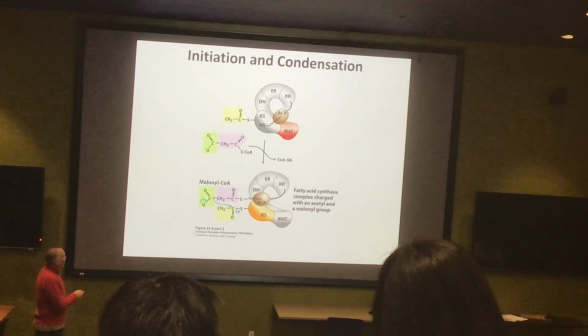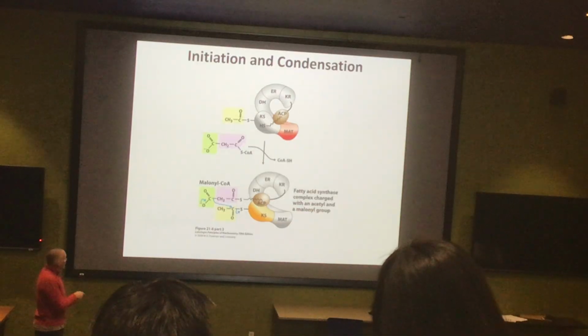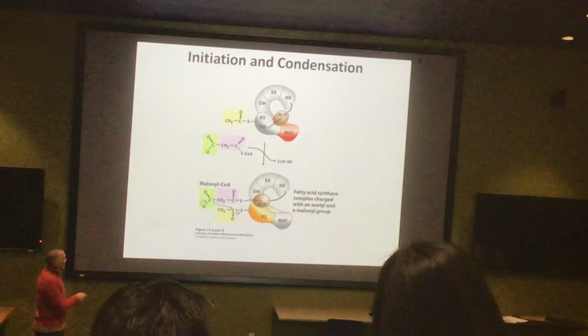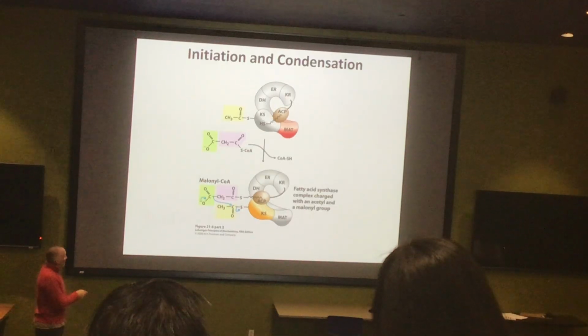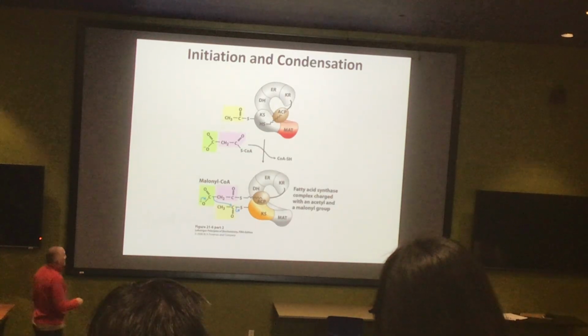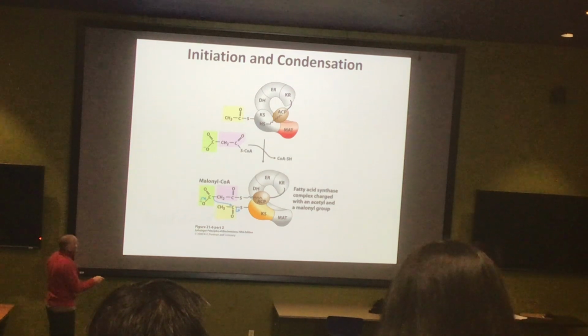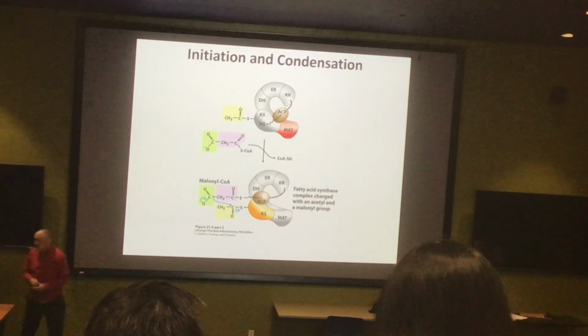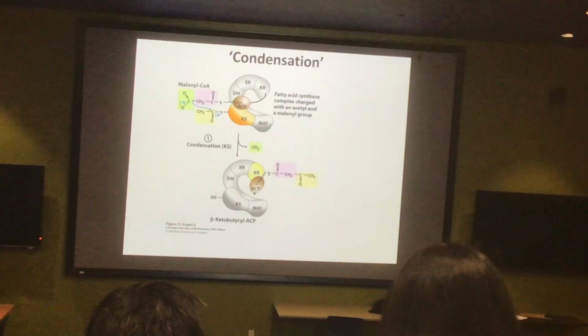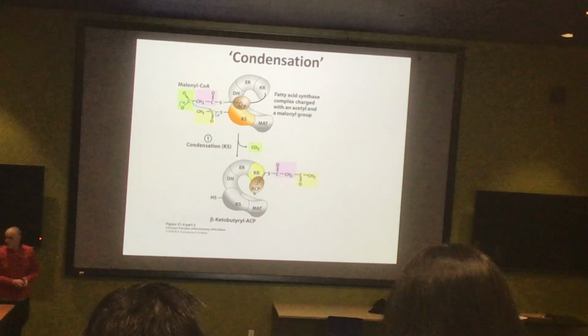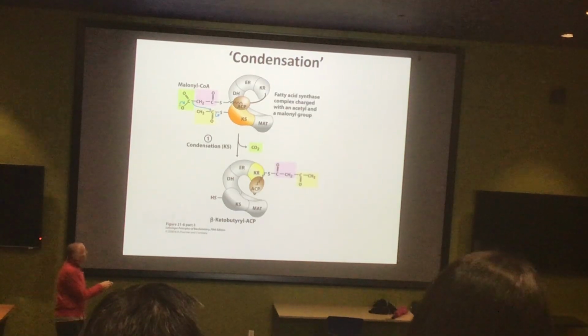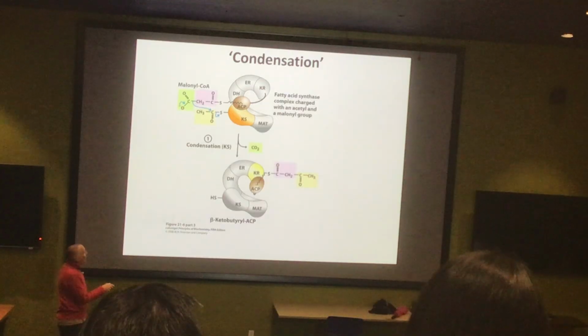Now we're going to do our nucleophilic attack. We're going to lose our carbon dioxide, putting a pair of electrons here. They're going to attack the carbonyl group. In this case, the whole protein complex is going to be our leaving group from this step, right? So our whole protein is going to leave, and you'll see that we've just extended ourselves out now to 4 carbons. 1, 2, 3, 4 carbons, all on the ACP domain, right?